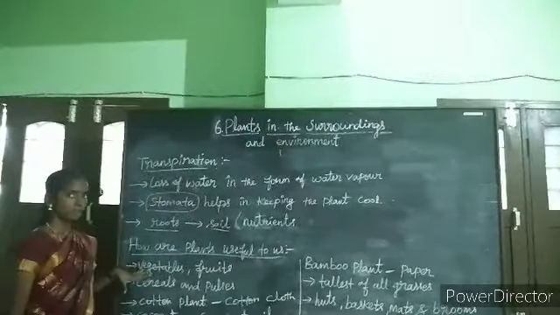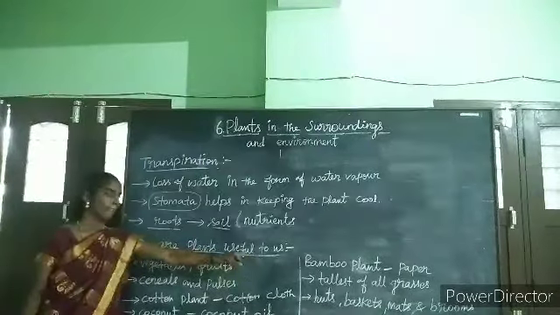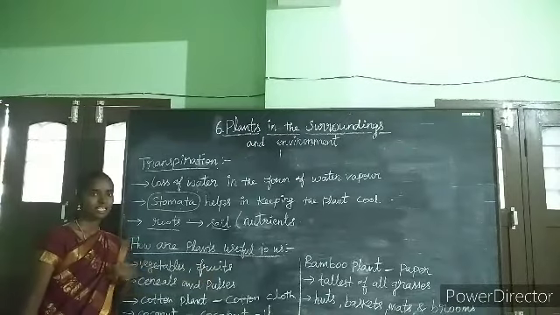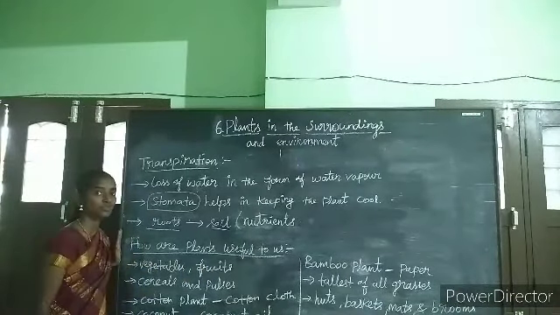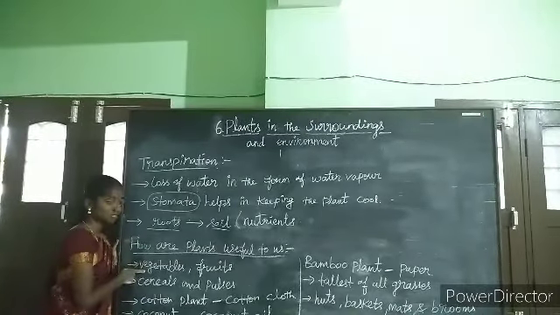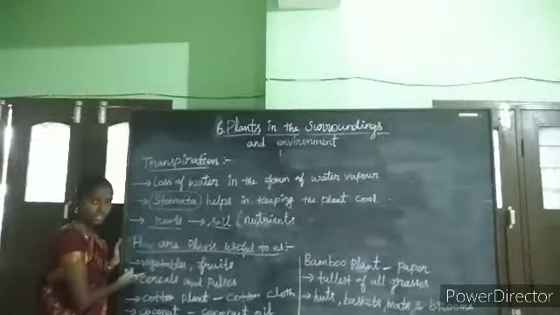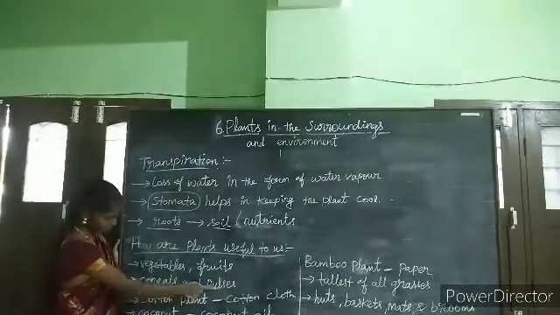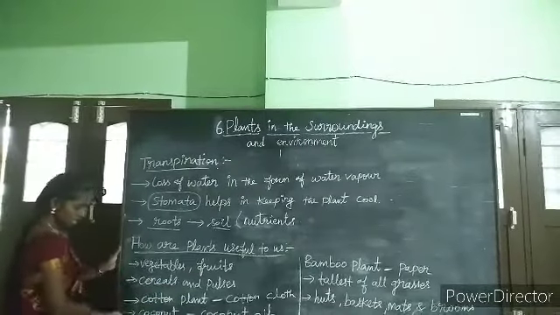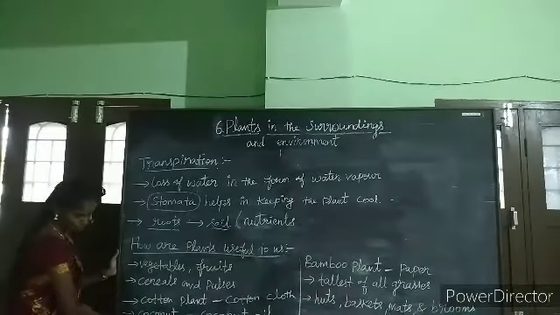Then the last topic: how are plants useful to us? Really, only plants are useful to us. As human beings, we are not useful to plants. Yes. See what all the uses of plants are. From plants we can get vegetables, fruits, cereals and pulses. From the cotton plant we can get cotton cloth, and from coconut we can get coconut oil and jute bags.